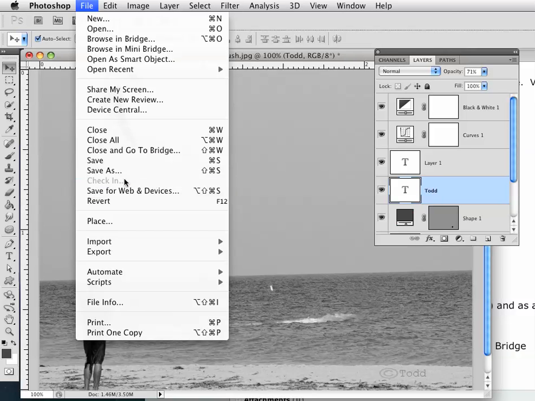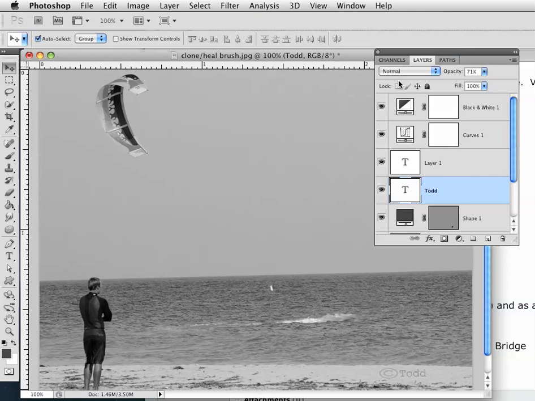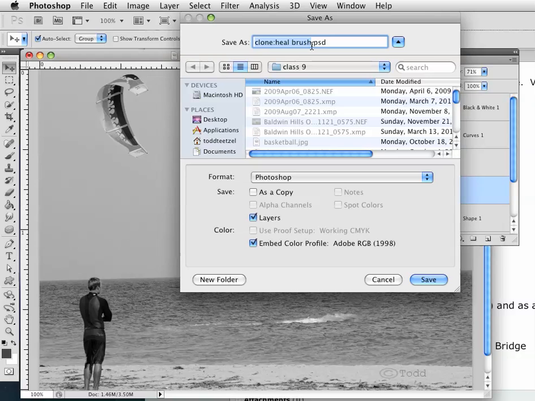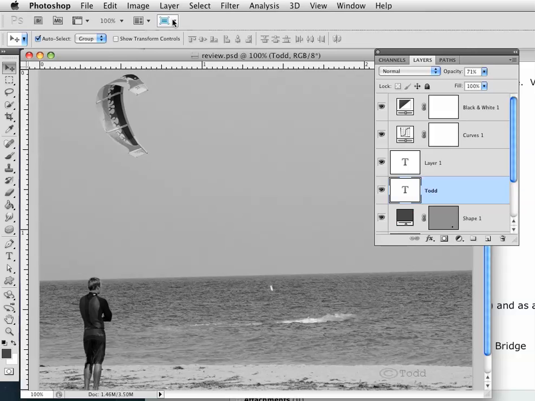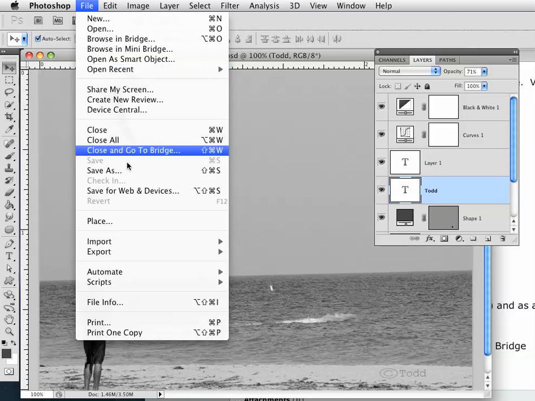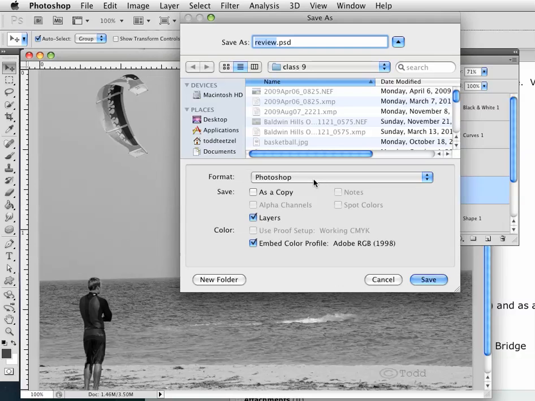Well, that's not letting me save it. I got to rename it as something else. Save as review. And once I save it, I'm going to save another one as a JPEG. This is if I wanted to put it on the